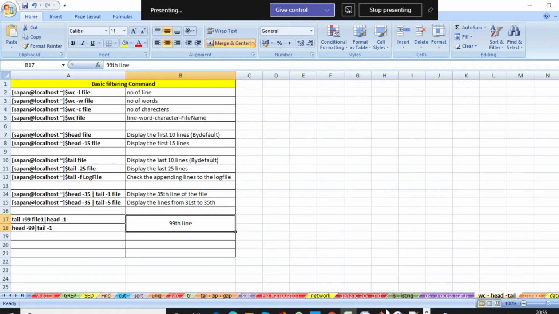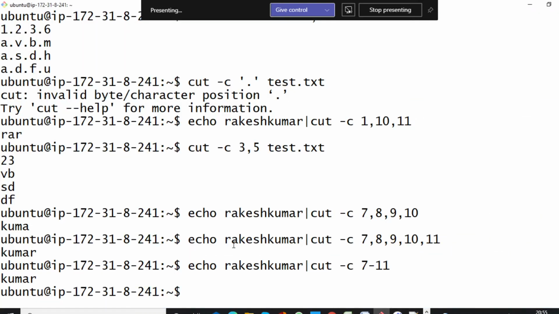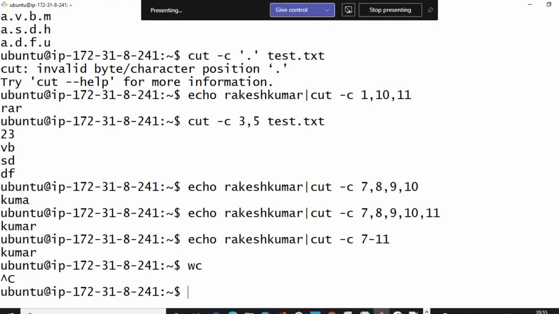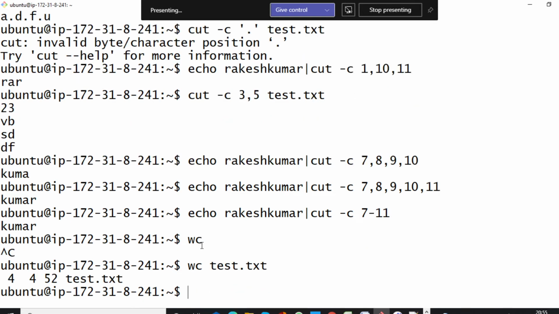Okay, so let's test one by one. wc file name. Here you can see this is the file name.